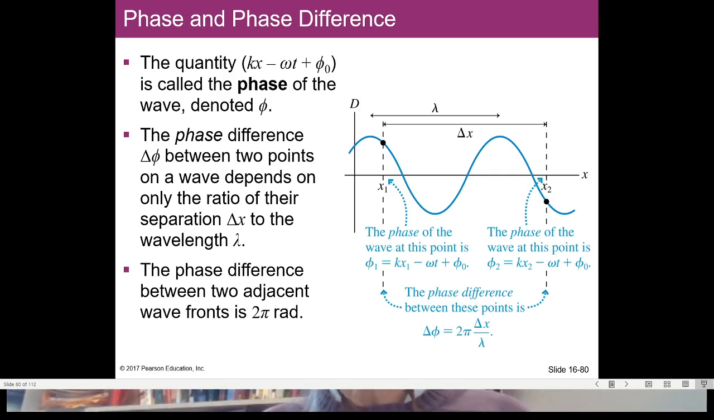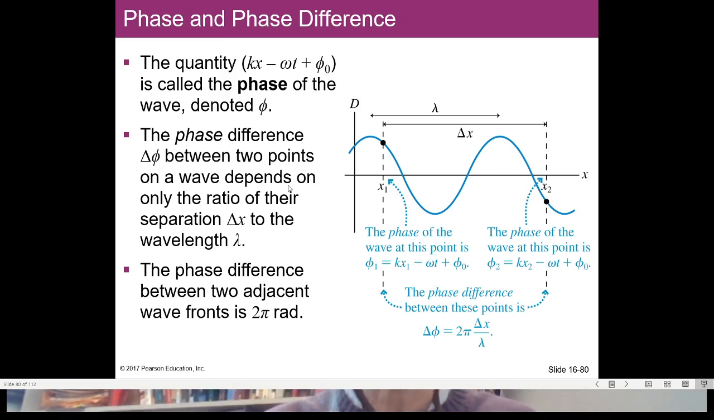Okay, so what do we mean by phase? Well, that we're going to learn right now in this chapter. Phase is the quantity that's in the argument of the sine or the cosine. Okay, so that's the kx minus omega t plus phi naught. That's the phase of the wave, and you then take the sine of this, and that tells you